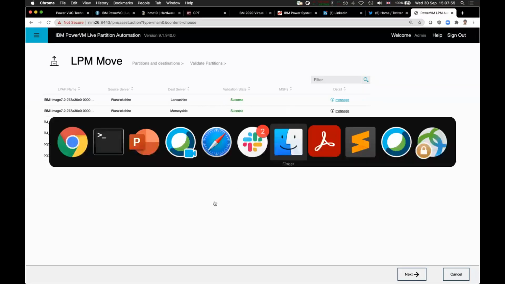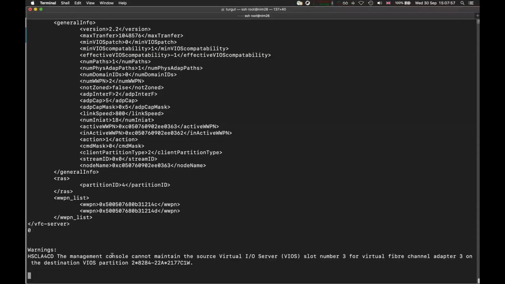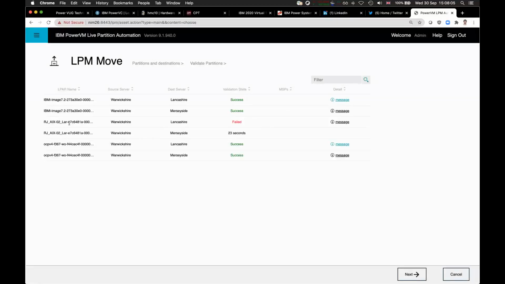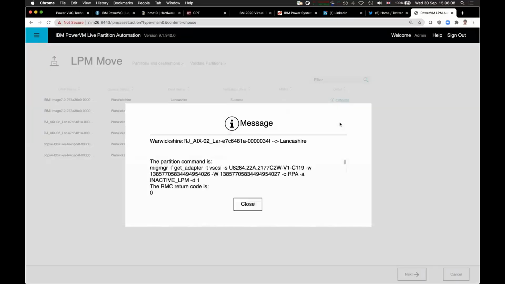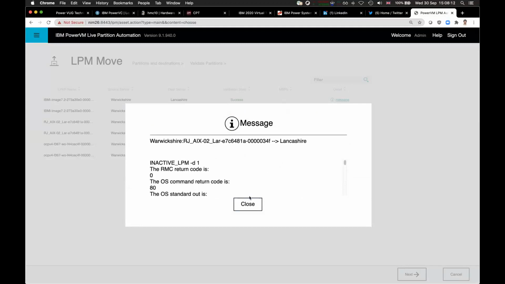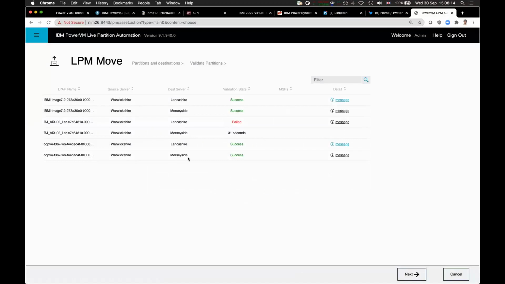And we can also follow what's going on here. Management console cannot maintain the virtual SRR slot ID on the target. Fine. And this particular partition cannot be moved to Lancashire. Why? Because of this reason, and so on. You can review the error message here. And the rest, the OCP partition, is possible to be moved against each machine, and we will need to wait